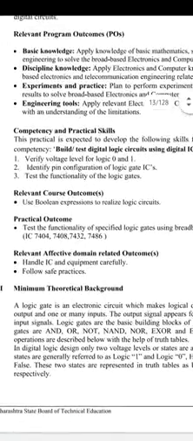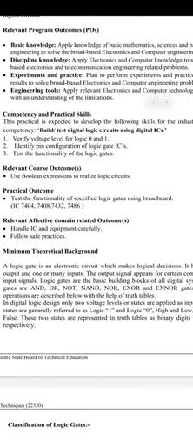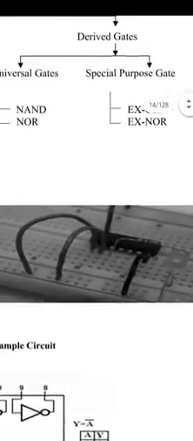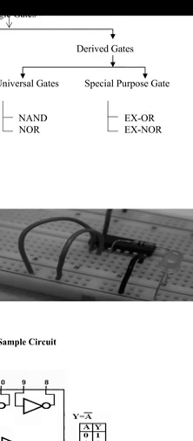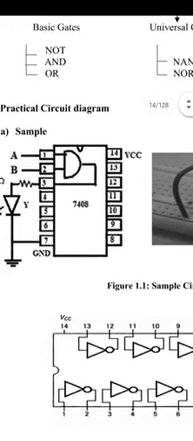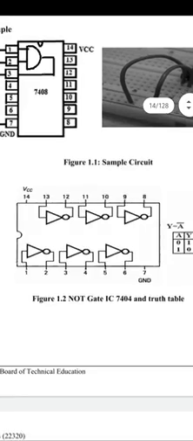In the practical outcome, we test the functionality of the specified logic gate using a breadboard. Practically we use a breadboard to test the functionality in this way. We have that IC, some wires, switches, and an LED, which is used to see the output. This is the structure of an IC. Now this IC is a NOT gate IC,